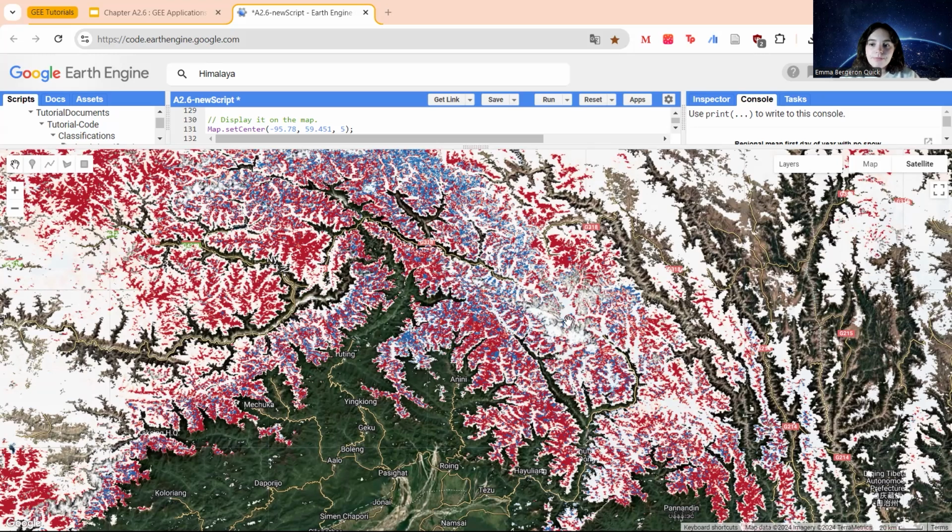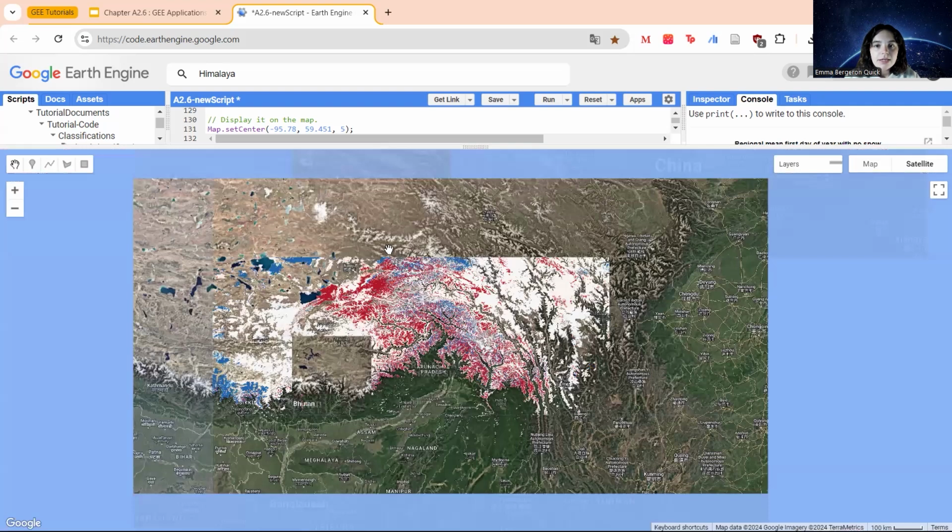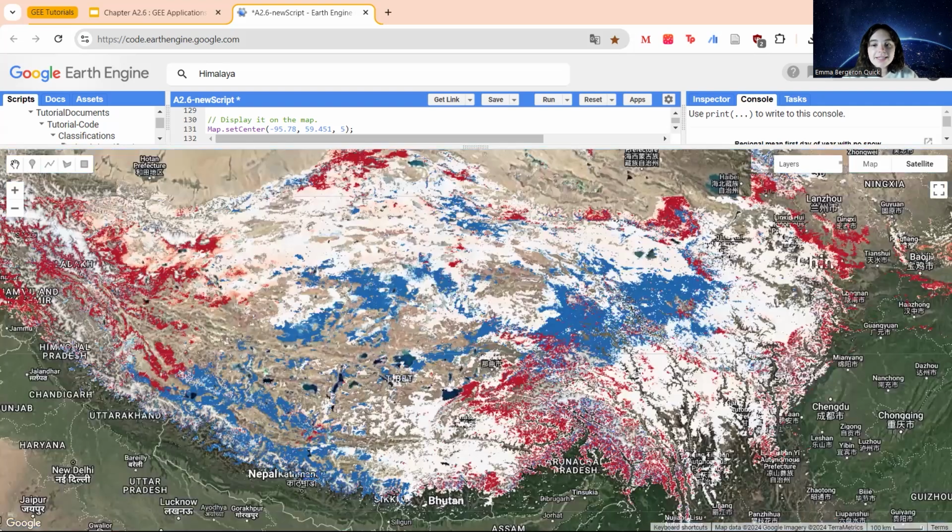And so this is just to give an example of the positive change and the negative change, because the difference gives you a different perspective of what's happening. And this is just the Himalayas on the Nepal-China border. And if you zoom out, which we'll try to do, you can see that it's not just subject to that location particularly. And obviously we're looking at it from a big perspective right now, which is not great in terms of